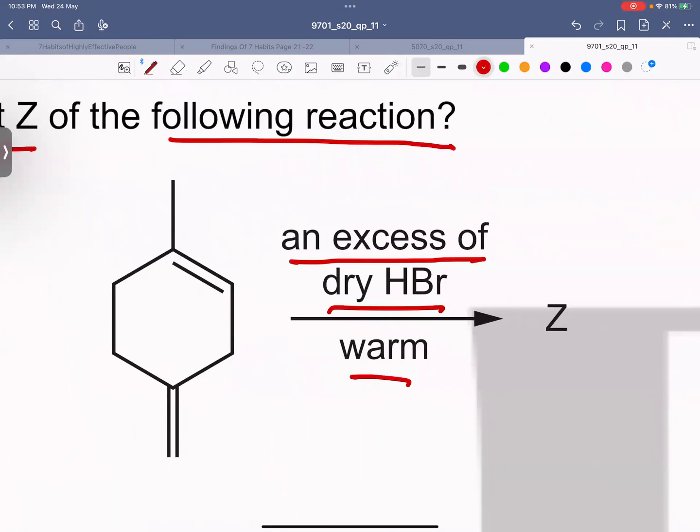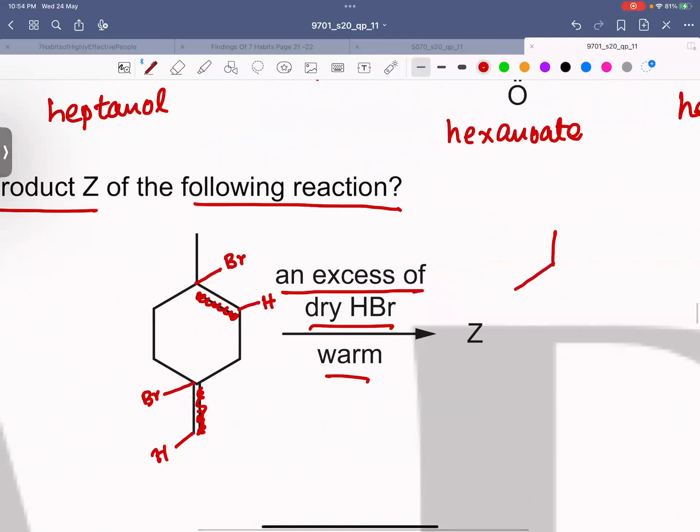So if you assume this double bond is broken down and this double bond is broken down, among these two positions, this position has more hydrogen, so the hydrogen would attach here and bromine would attach here. In a similar way, this position has fewer hydrogens, so bromine would attach here and hydrogen would attach here. So if I draw the skeletal formula of Z being the major product, in that major product,